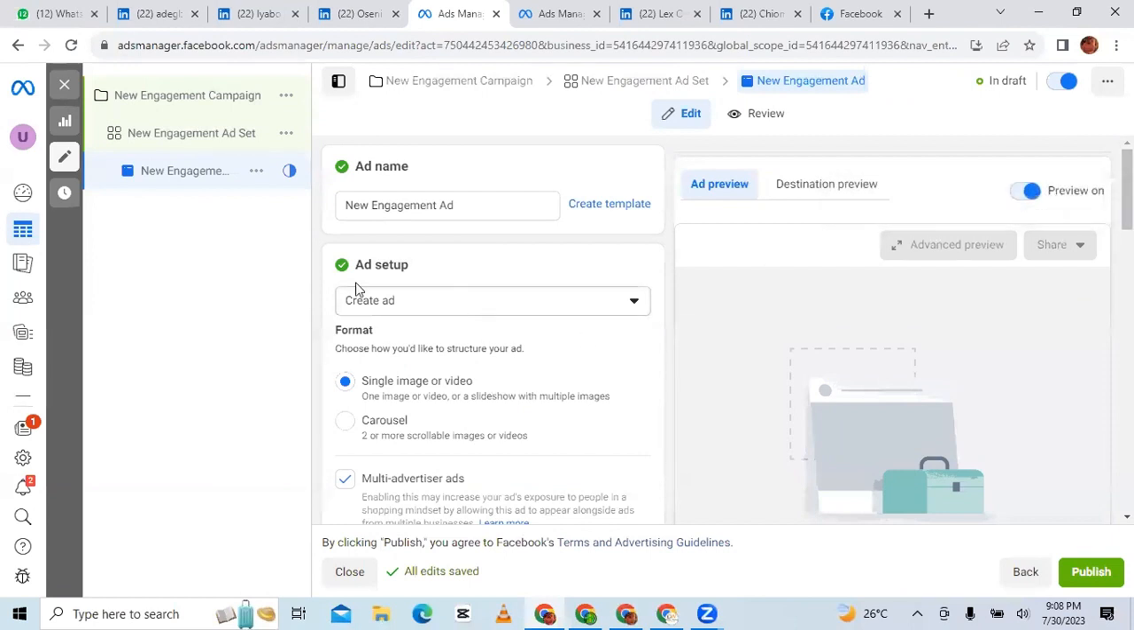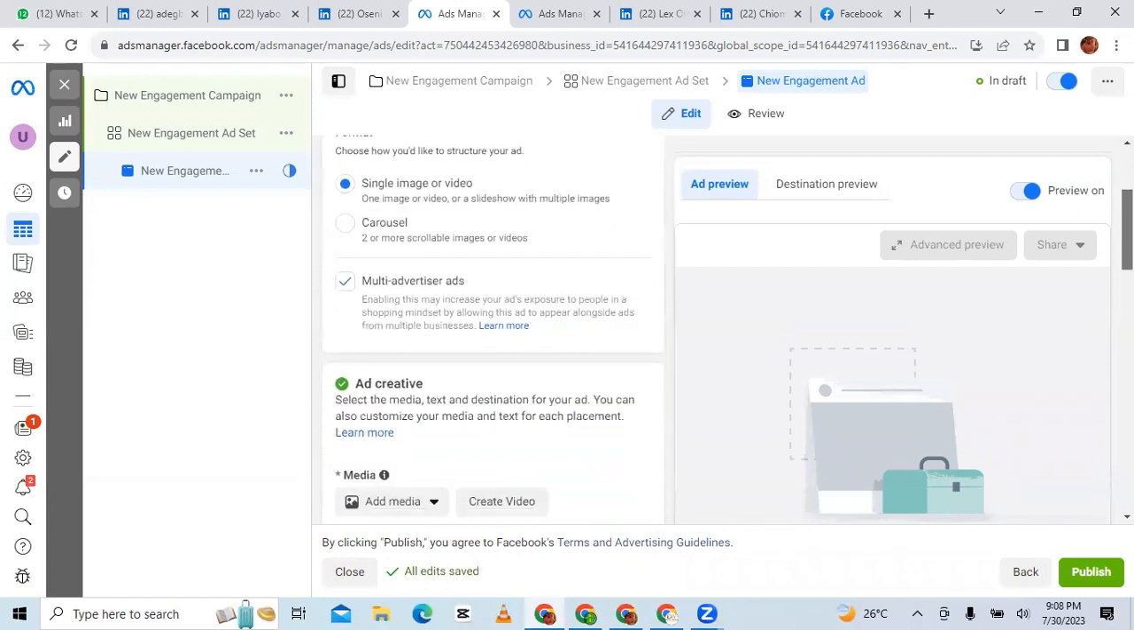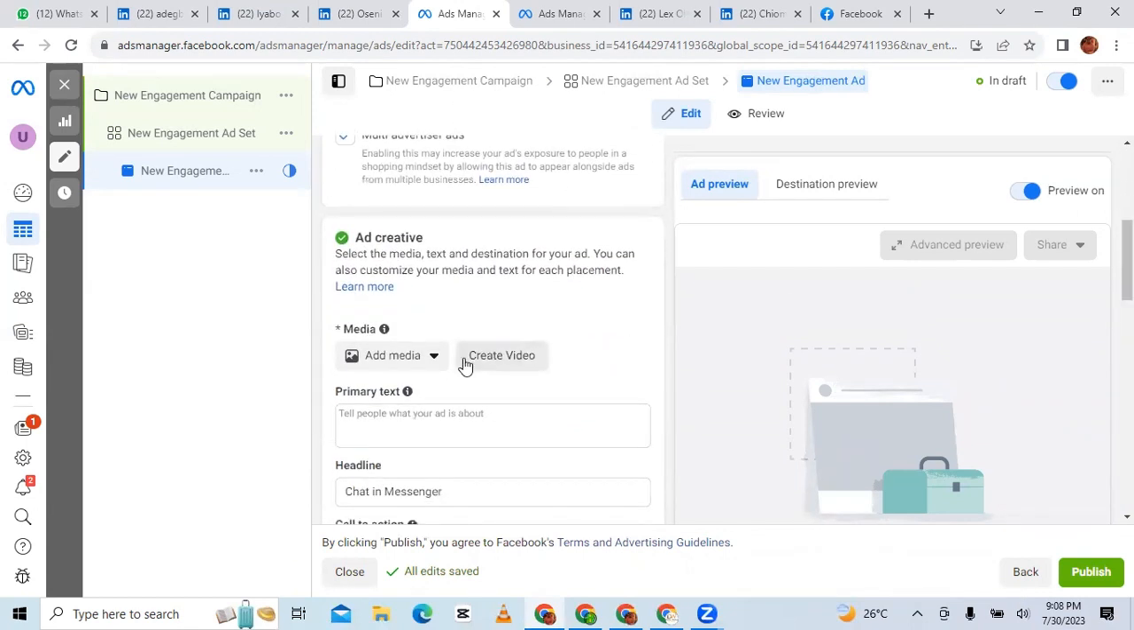So if you wanted to use an existing post under this ad setup, you're just going to come here and click on existing post, right? So if you want to use the post that's already here, instead of clicking on existing post, you're just going to come here now and click on